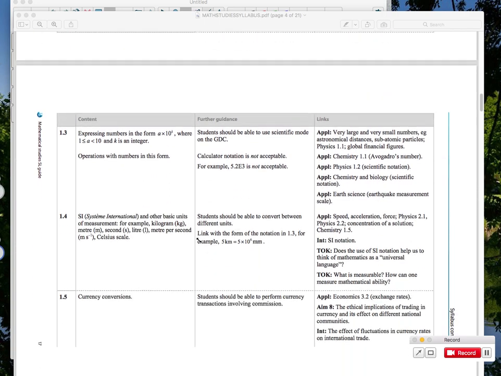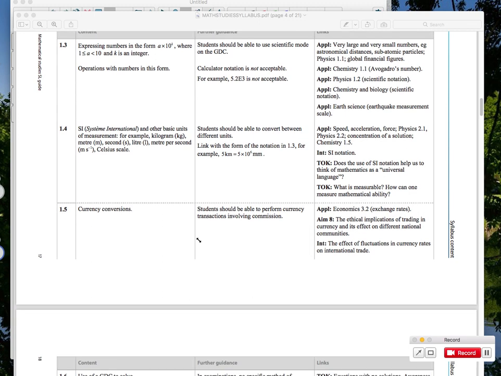Now, 1.3. 1.3 is scientific notation, numbers in the form a times 10 to the power of k, and a is a number from 1 to 10, so this is scientific notation. Again, I'm not going to do something in particular because a lot of problems use that, so we have seen it in many problems. And the same with different units. For currency conversion,